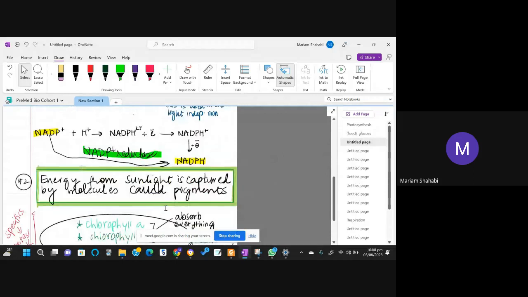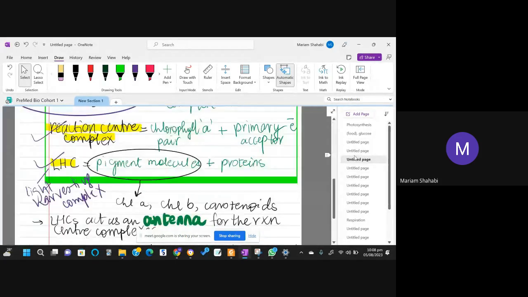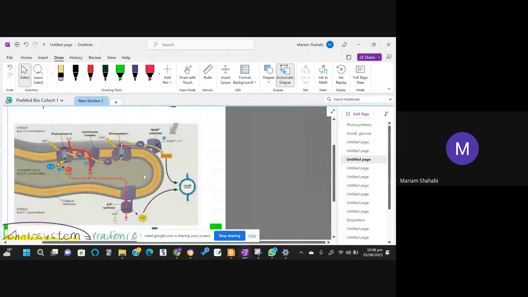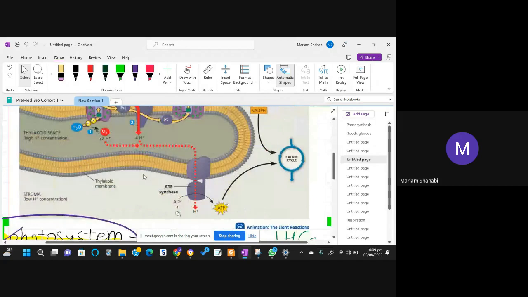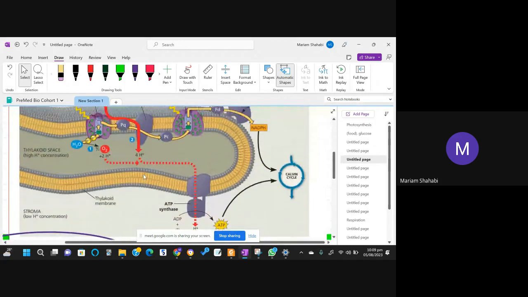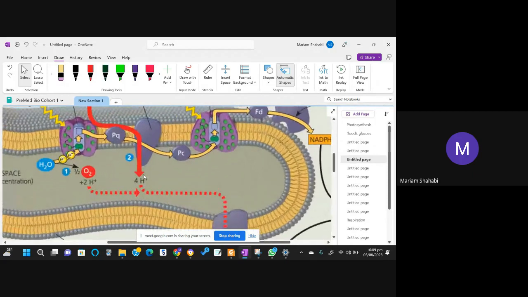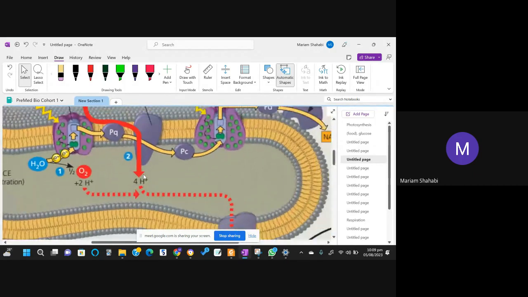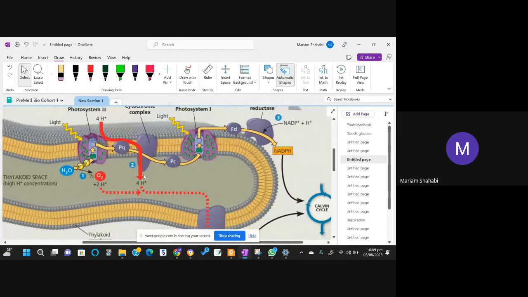I'm looking for that diagram that I showed in the beginning. Thylakoid membrane वाला, ये रहा. Yeah. तो यहाँ पे what will happen is कि जो हाइड्रोजन आयंस निकल रहे थे ना फोटोलिसिस ऑफ वाटर से, तो